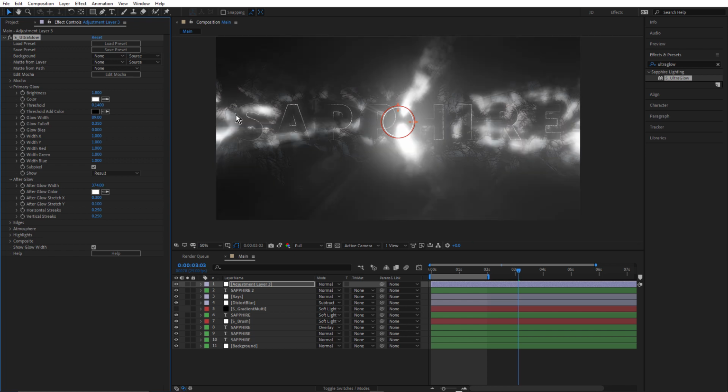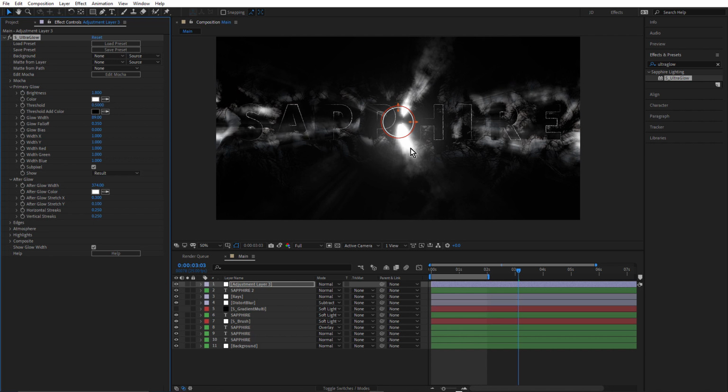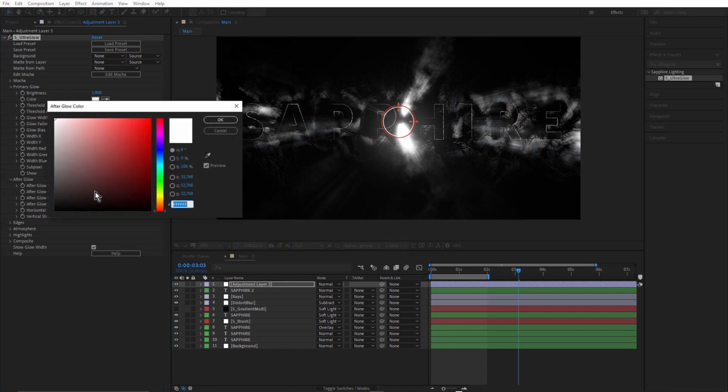That's really starting to blow that out. Let's see. Glow width we'll bring down. No, that's not what we want. Let's bring that threshold back up, 0.5. Yeah, I do like that. That looks really good. What if we add a bit of color in here?